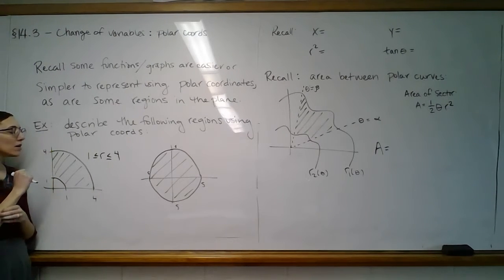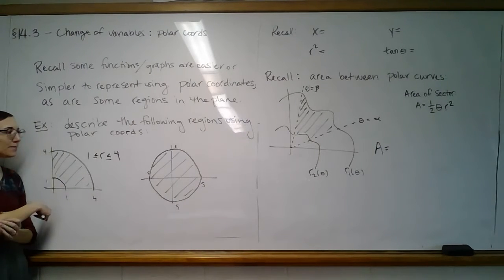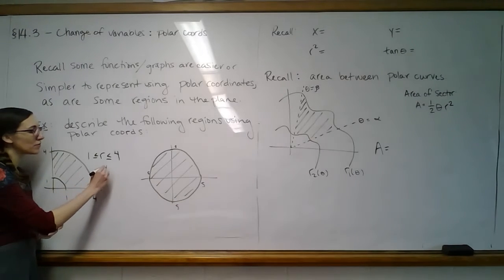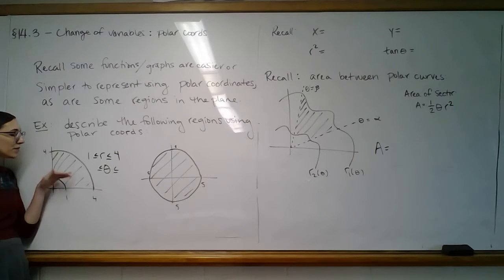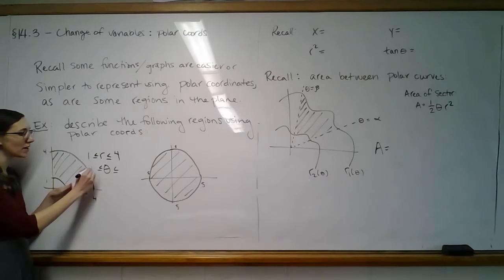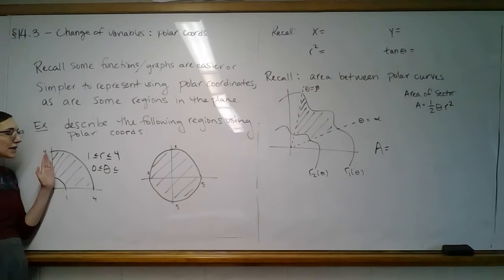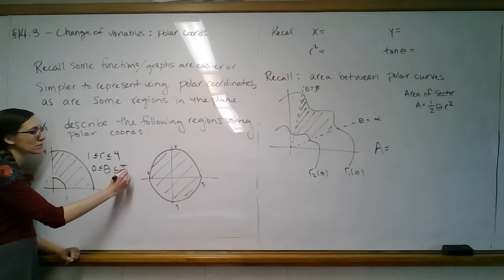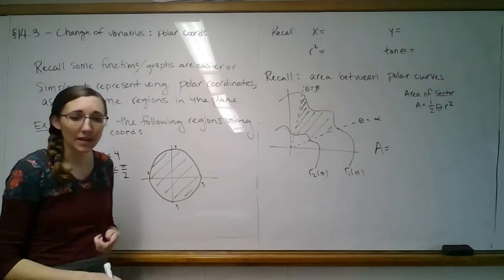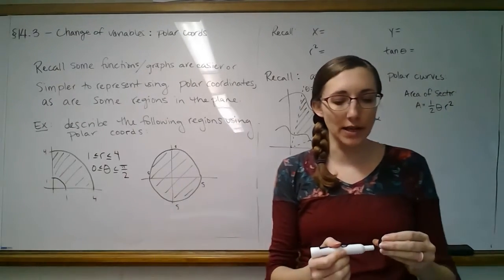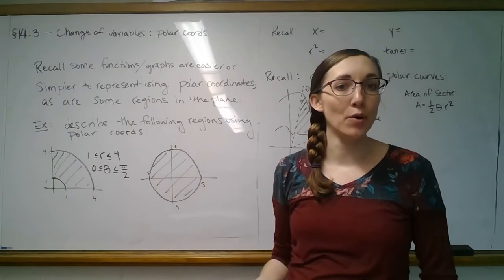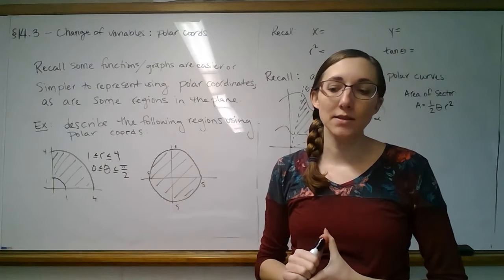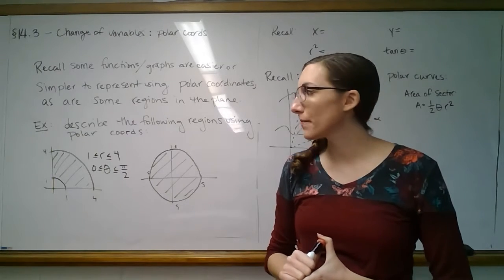So then I just end up with the region between those, but I don't want the full circle, I only need a portion of it, so then we can restrict theta, where really I just need theta to swing through this first quadrant, so we can start with theta is 0, and then swing up to theta is pi over 2. Which is a very simple way then of describing that region, because all we ended up with was two sets of bounds that are both scalar bounds, so they both are constant,